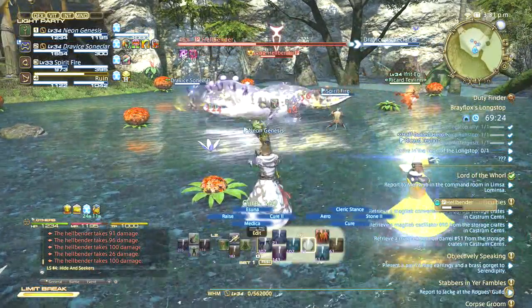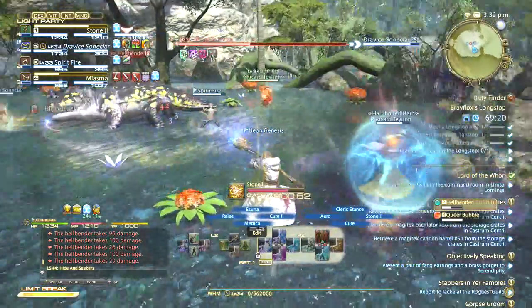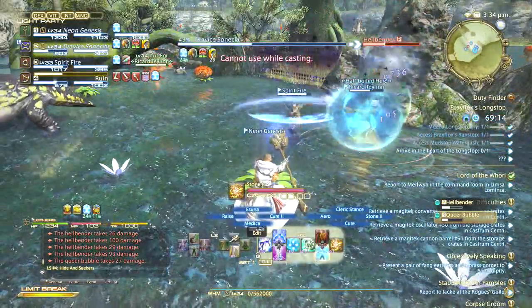So it was a bit of an annoying spell. It basically makes me ineffective, so I'm going to have to nuke this guy out of here. Now funnily enough, it's called a queer bubble. Sorry, I don't know if I found that funny, but